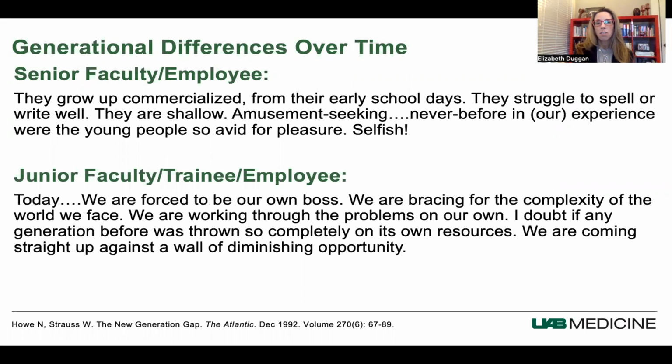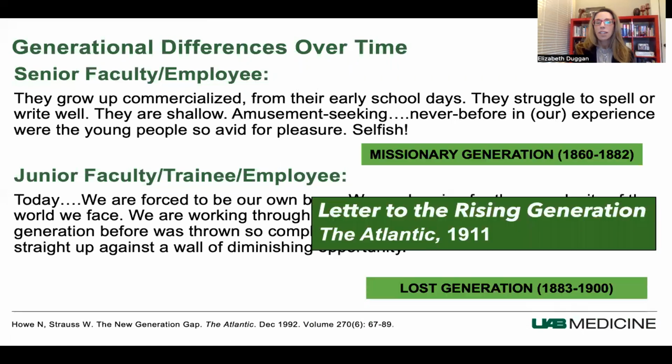A variation of this conversation is often heard at our workplaces, frequently used to describe the friction between colleagues or between colleagues and learners. Interestingly, however, this excerpt was published in The Atlantic in 1911, outlining the perceived challenges in a multi-generational workforce that included the missionary and lost generations, far before the generations we present today. Across time, there are consistent reports of generations perceiving, or perhaps misperceiving, their cohort as being uniquely different than other generations in the workforce.